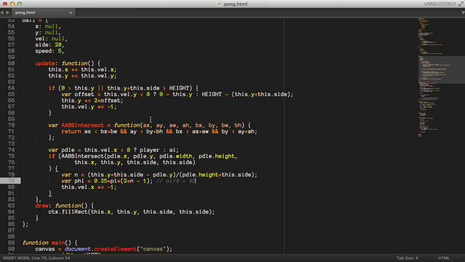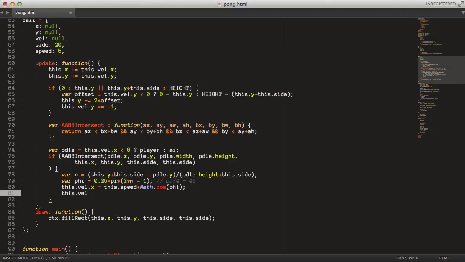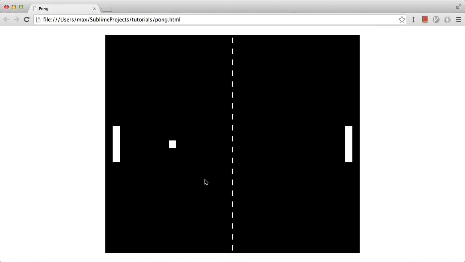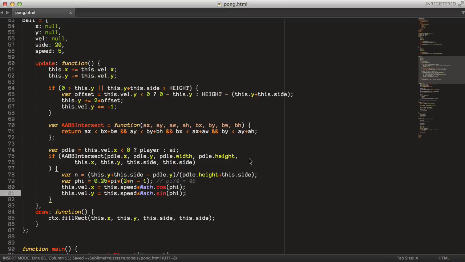So it will give us a 45 degrees reflection angle when it's hitting at the top here, and also a negative 45 degrees angle up when it hits on the top of the paddle, and a positive 45 degrees angle when it's at the bottom of the paddle. And then we could just update the velocity accordingly here, so we can say this.speed times Math.cos of that angle, and then we could just take the y velocity to this.speed times Math.sin of that angle, like that. And as you can see now, it won't work, but if we